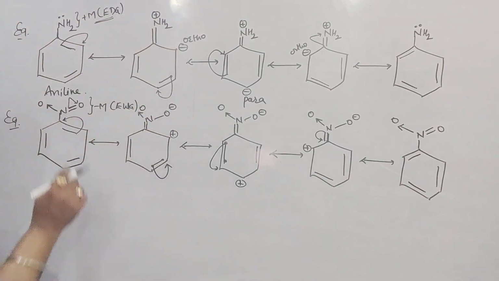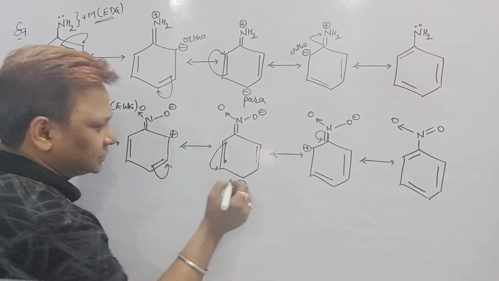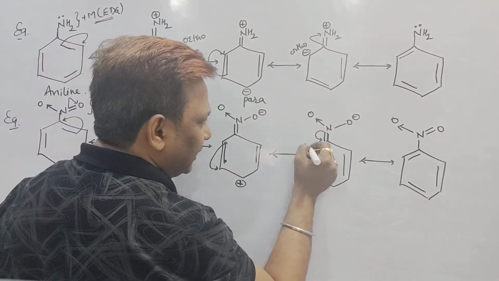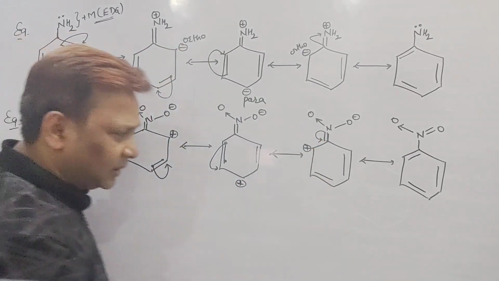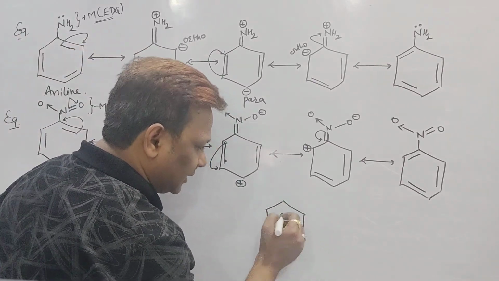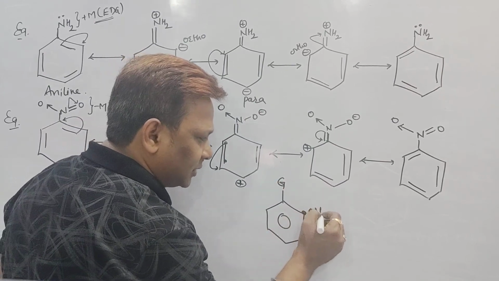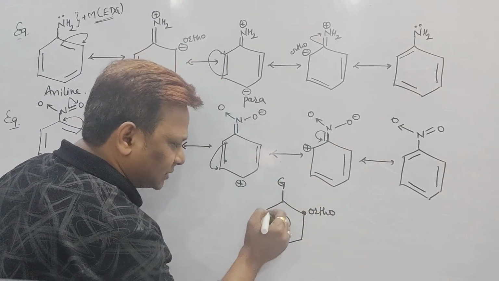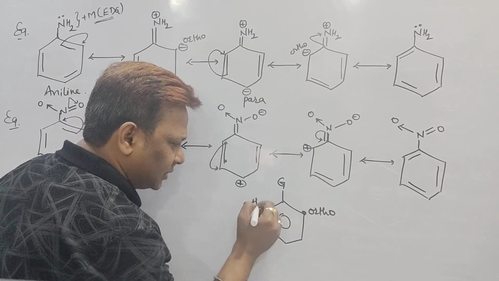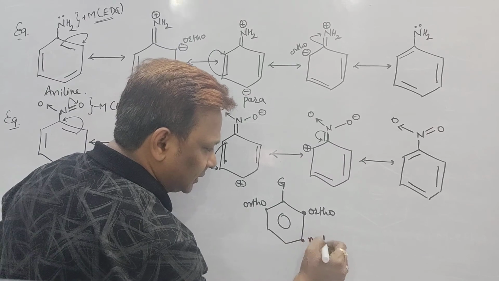But the thing is that an electron withdrawing group decreases the electron density at the ortho position, at the para position, and at the other ortho position. I hope beta everybody knows about this one. Suppose there is a ring and it is attached with a group. This position is called which position? Ortho. So next to this group, beta, this position is also called ortho. From the group, the second position is called meta.